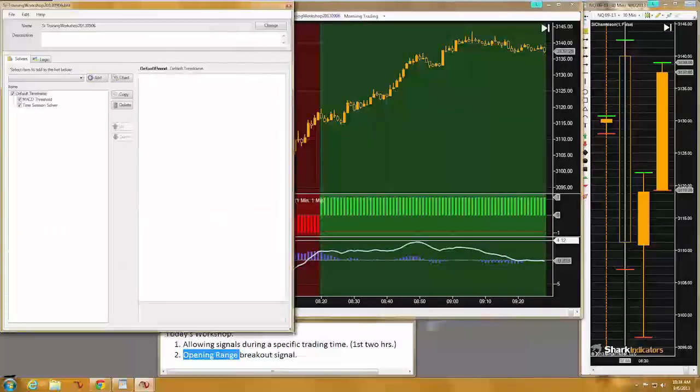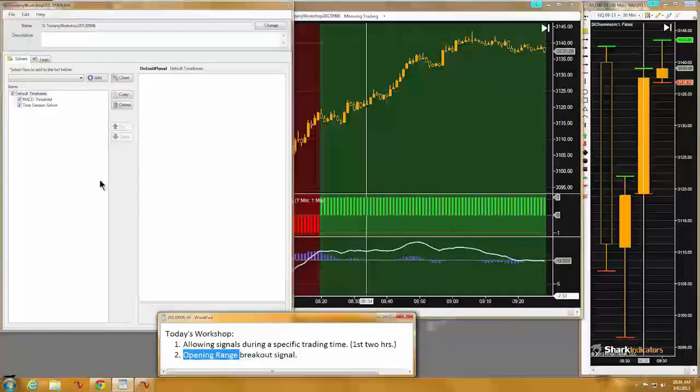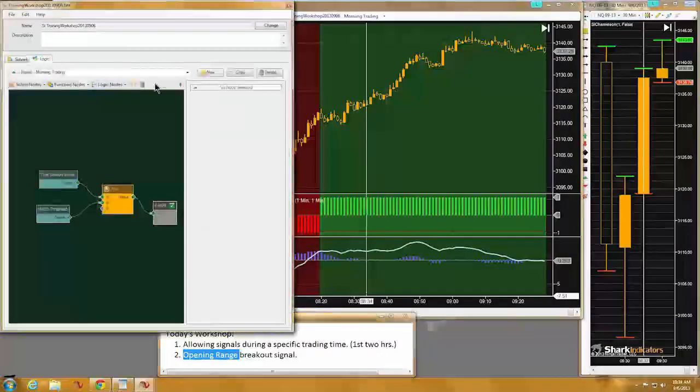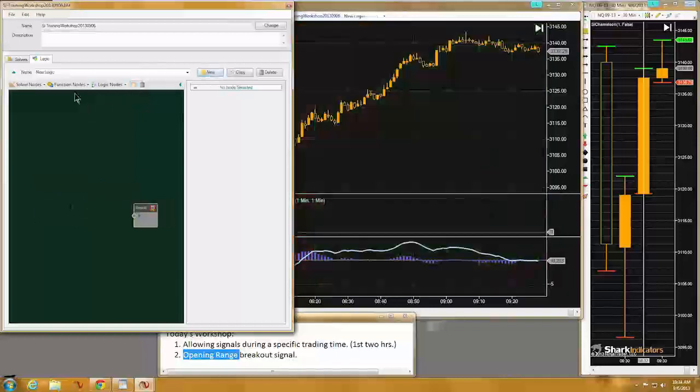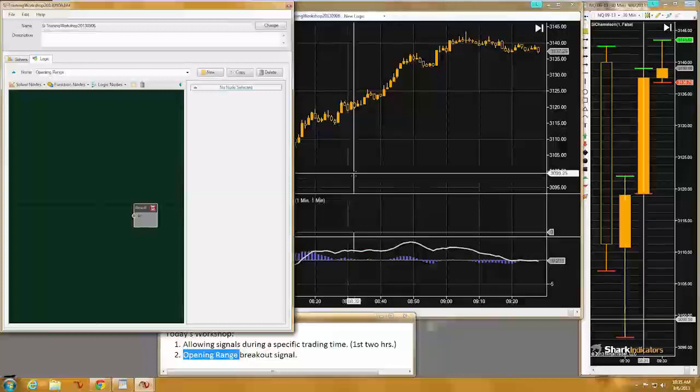And we'll begin building this breakout signal here. So I'll create a new session here. And we'll just call it, I guess, the opening range. And I think the first thing I want to do is just build my main signal, right? So the main signal is